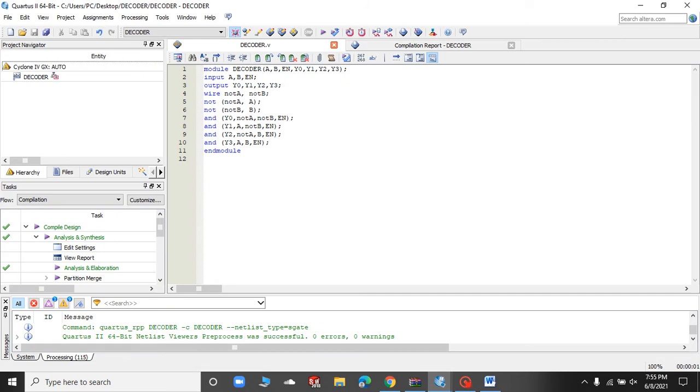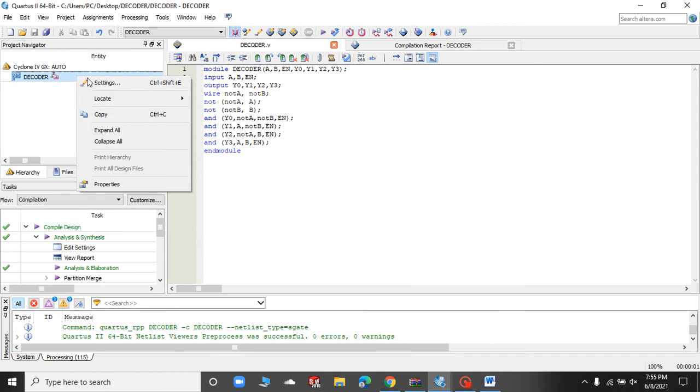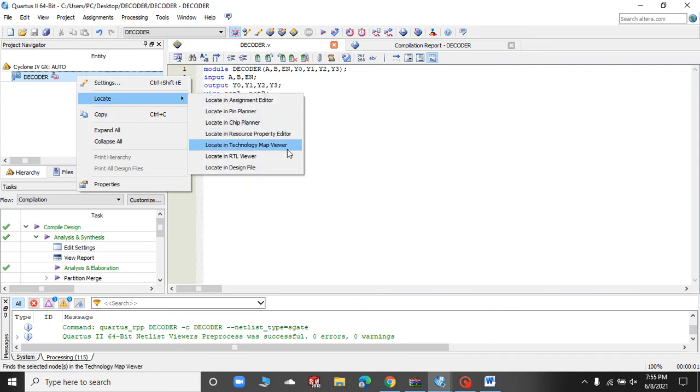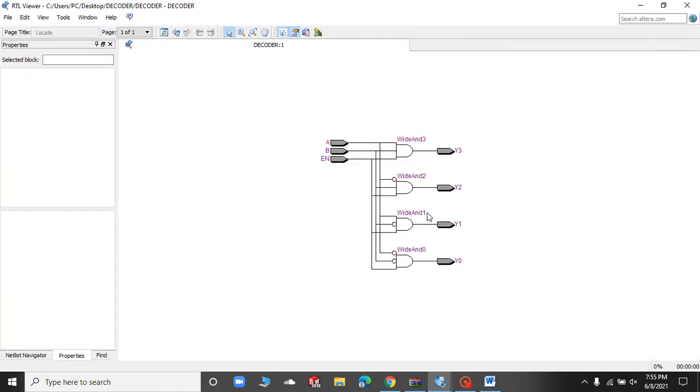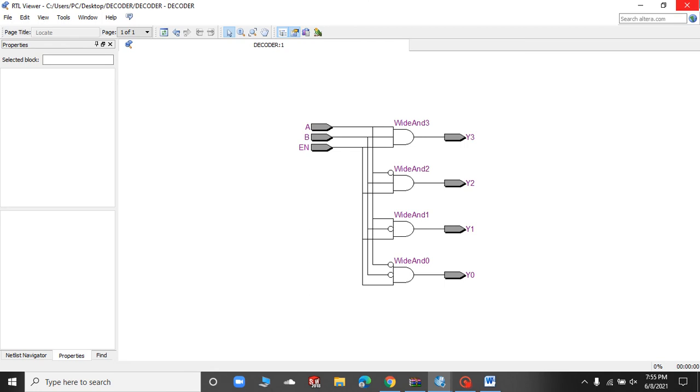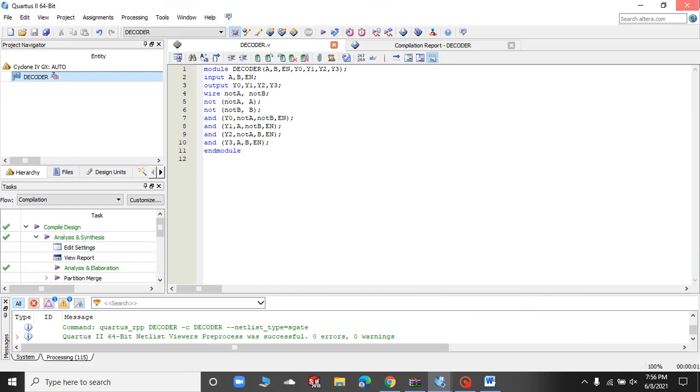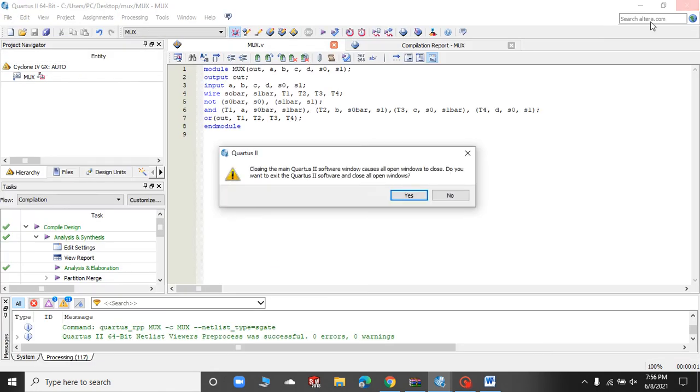And lastly, I have the decoder circuit. The decoder circuit has this type of functionality, and if I click on locate in RTL viewer, it will give me the circuit of the decoder. Now everything is working fine, and now I'm going to show you